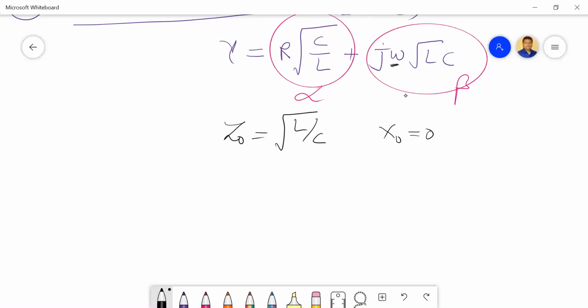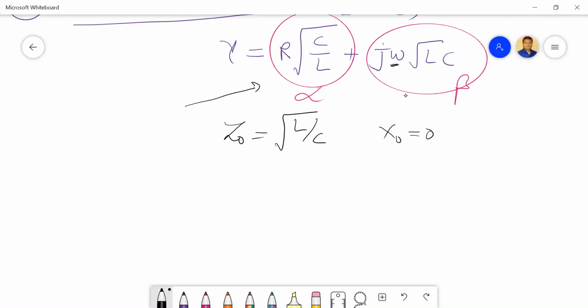So finally, what will be the comment? That all the frequency components travel with the same velocity in order to avoid distortion, and get attenuated by the same factor. Therefore, we can conclude that the shape of the wave remains the same for distortionless transmission. Fine. So this is the thing.